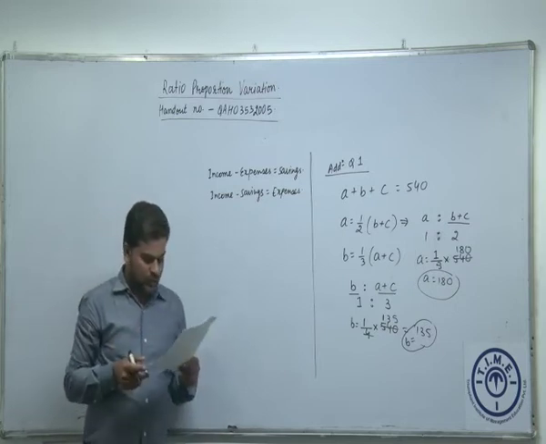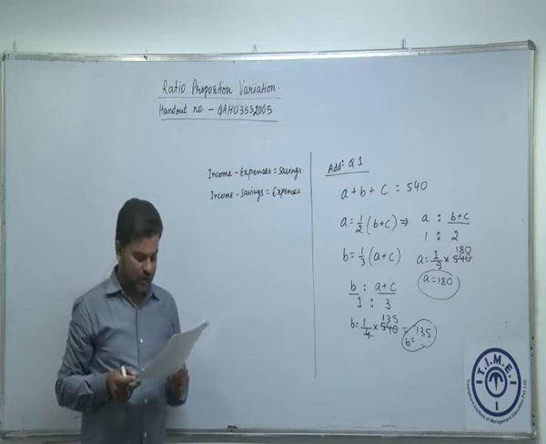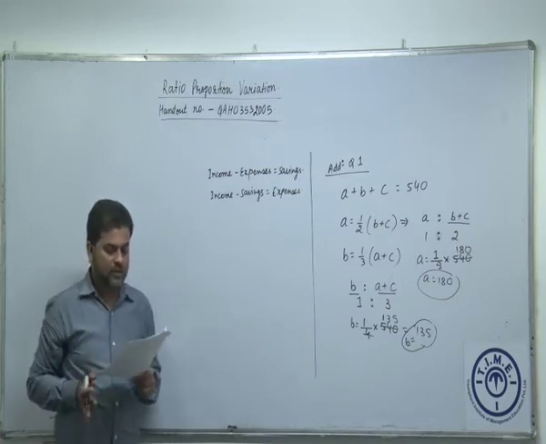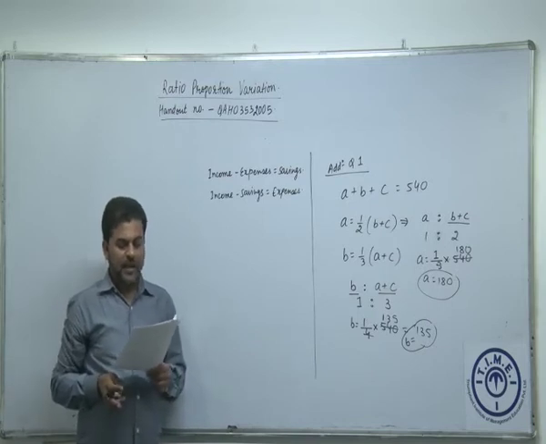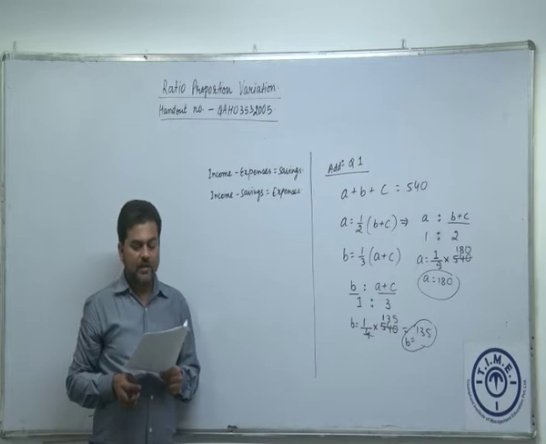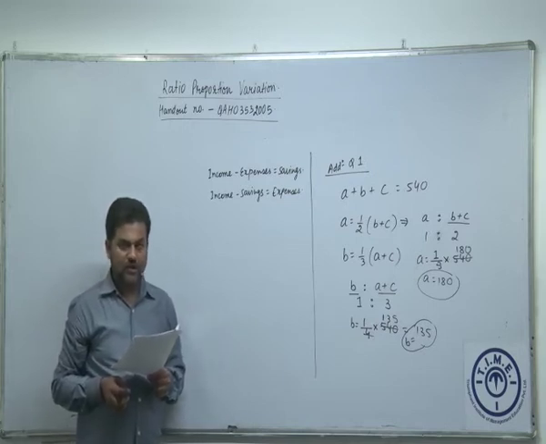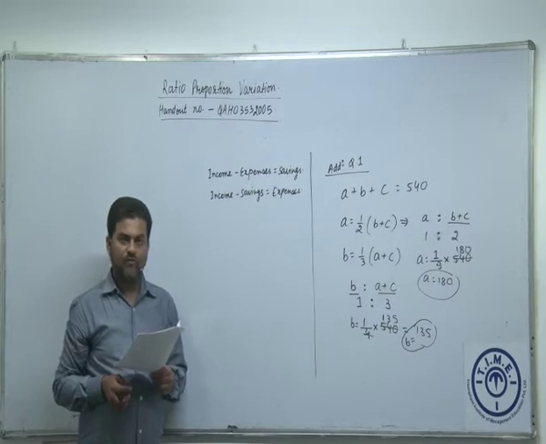The question is question number 11 on the first page. Let's read the question carefully. It is saying incomes of Anil and Mukesh are in the ratio 6:5. Their annual expenses are in the ratio 3:2. Given their annual savings as 3,000 and 4,000 respectively, find the annual income of Anil.